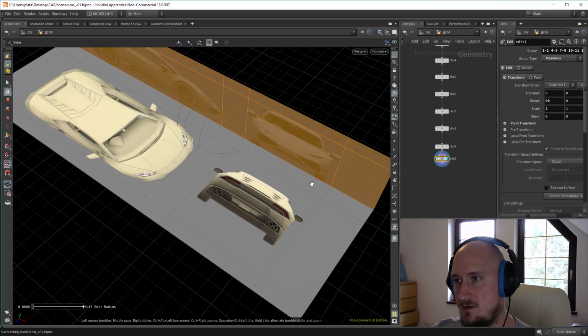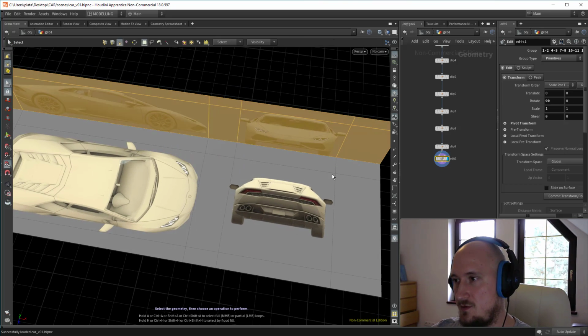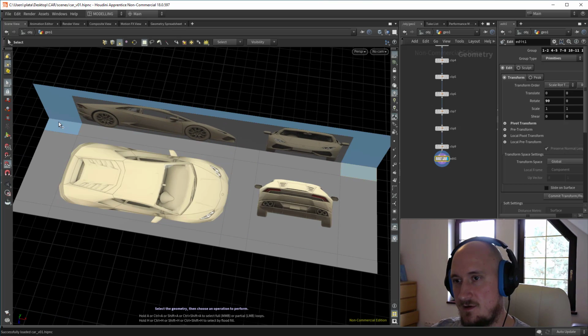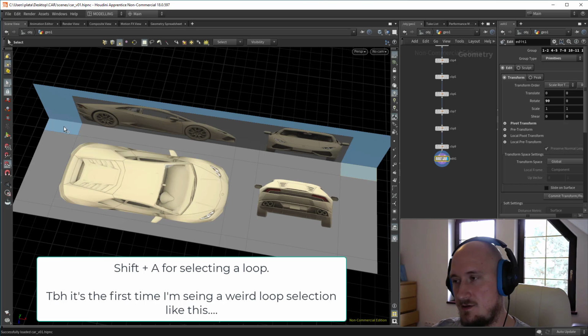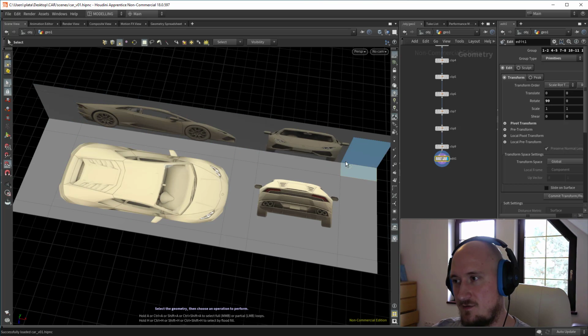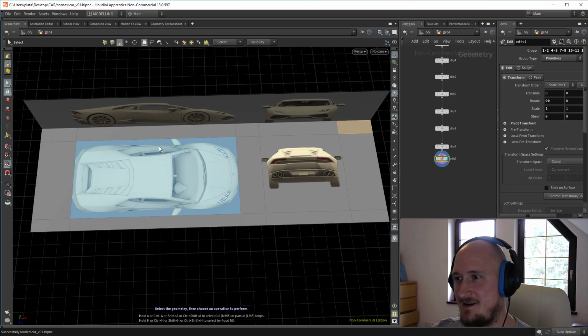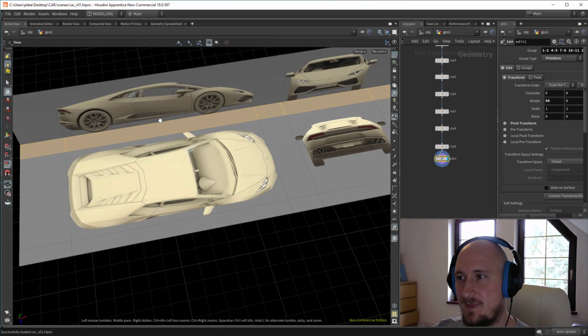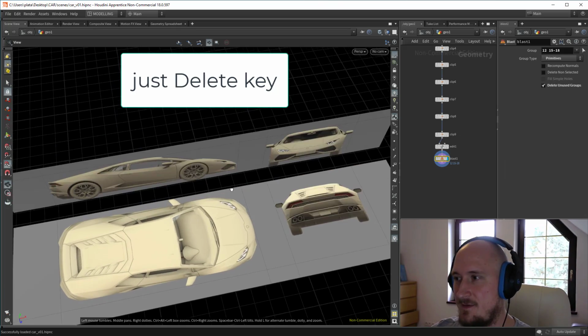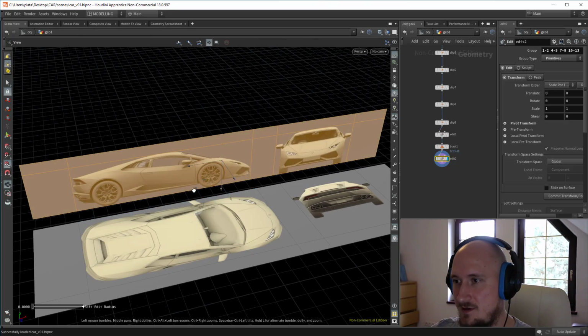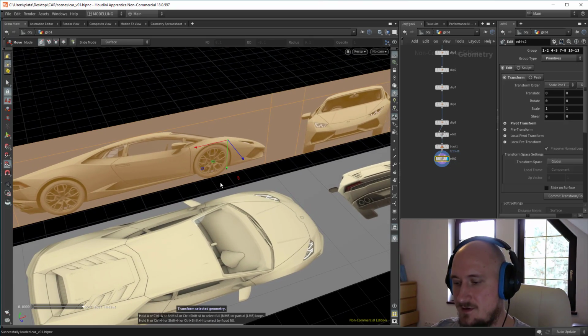So we probably don't need these guys here, so I will do select this guy. Now press Shift A. Oh, that's interesting. So if you press Shift A, it tries to find the loop, but if you go right over here, it says that this is the loop. No, it's not. This is the loop. Okay, remove this guy. Then again, select all these guys, do T, and my pivot is again in the wrong place,